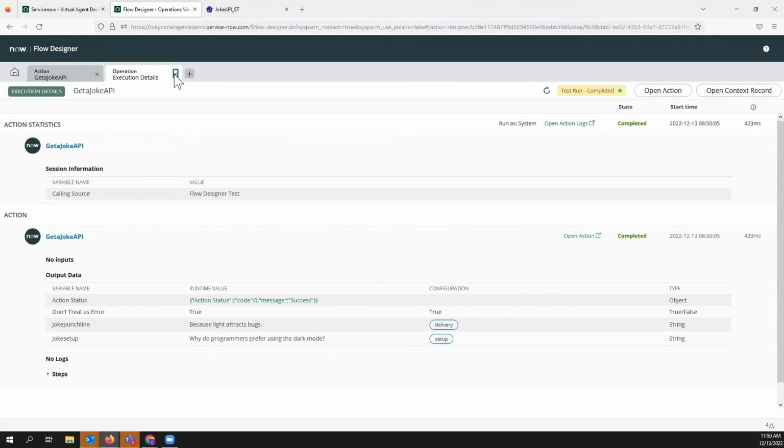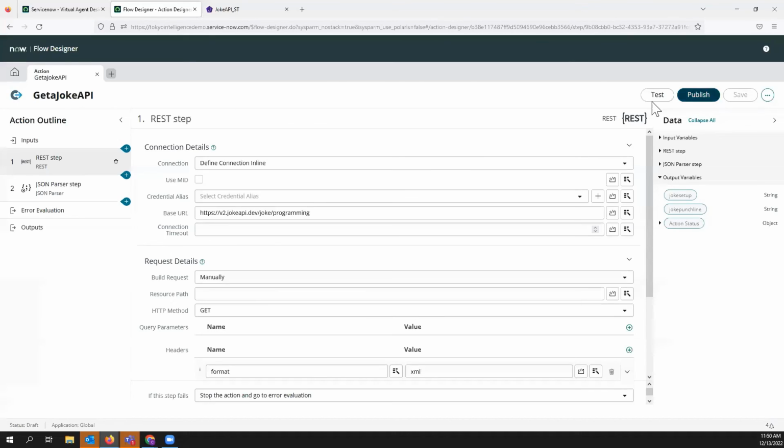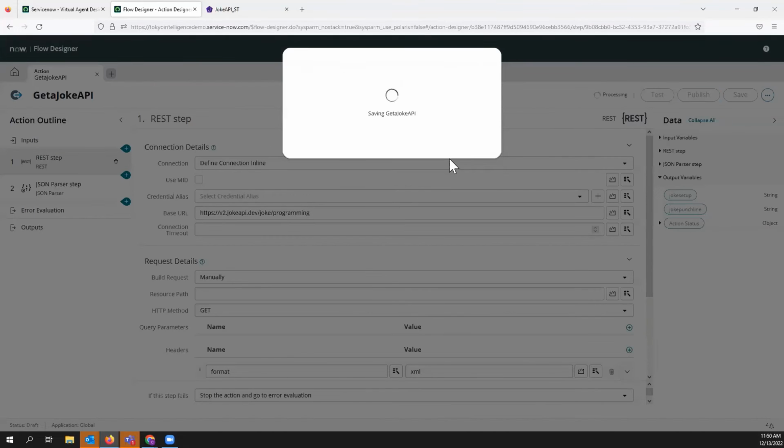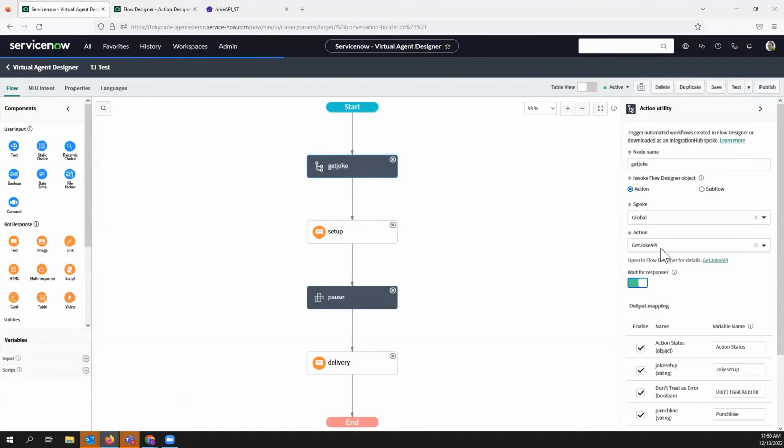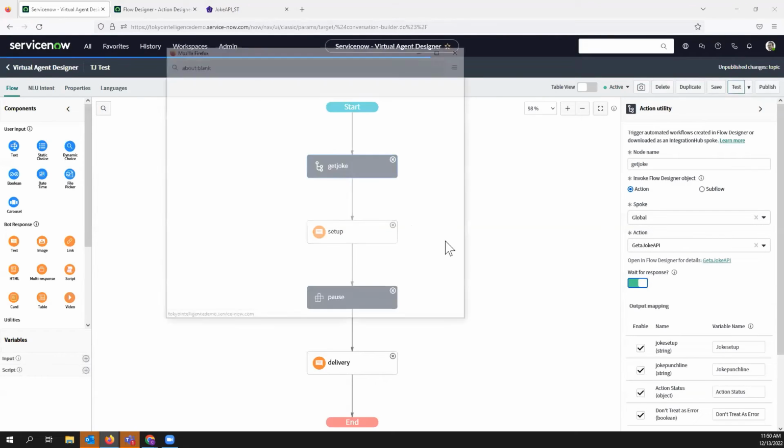Now that I've fixed this, I'll go ahead and publish it. All right, so that's published. I'll come back here and I'll just point it at the other one. Save, and now when I test,